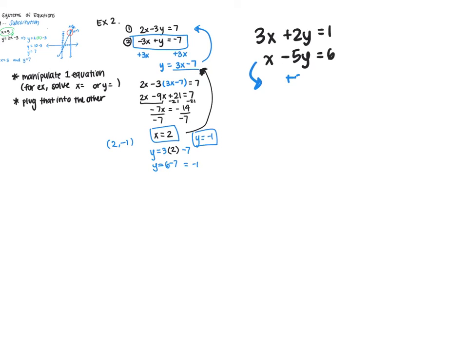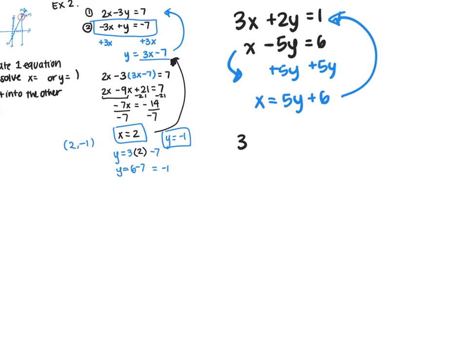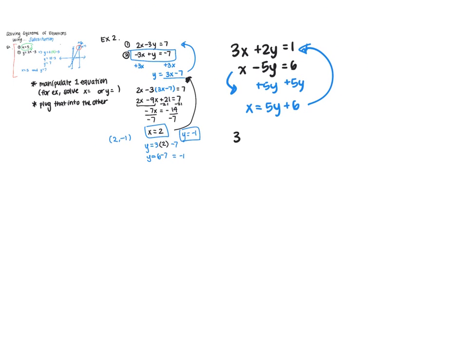If we add 5y to both sides, we get x equals 5y plus 6. We can plug that into the first equation, and we get 3 times 5y plus 6